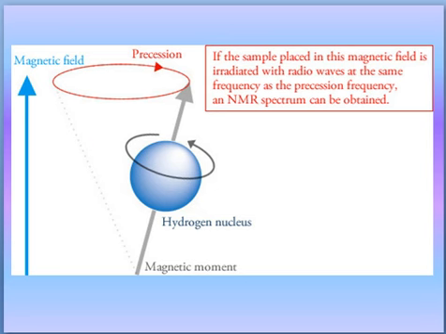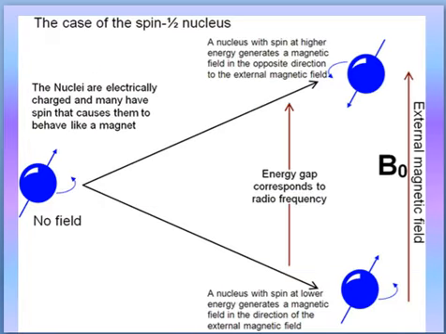So now see, when there is no applied magnetic field, there is no alpha state and beta state. When some outside magnetic field is applied, it has alpha state and beta state. When B0 is greater, then this energy difference is increasing. When the energy difference is increasing, the population difference between alpha state and beta state is also increasing. That's why you get good NMR from a better machine.